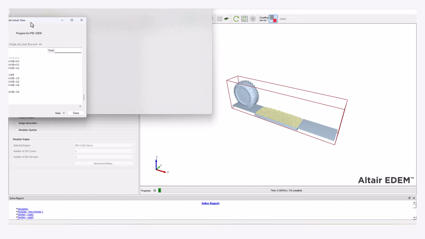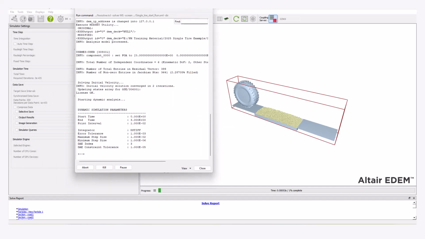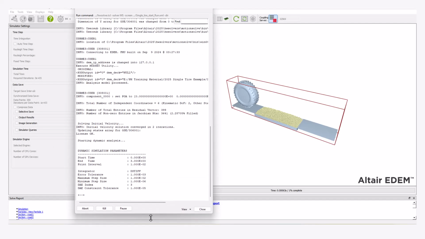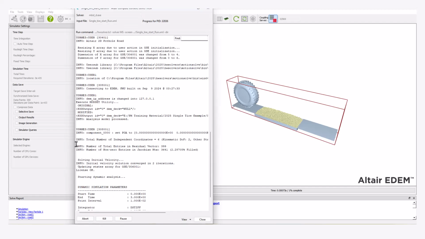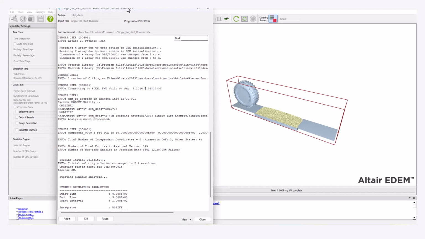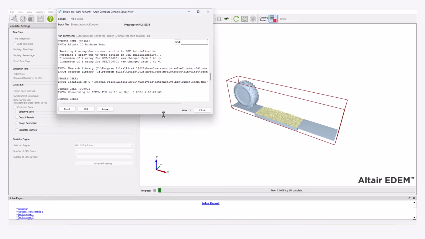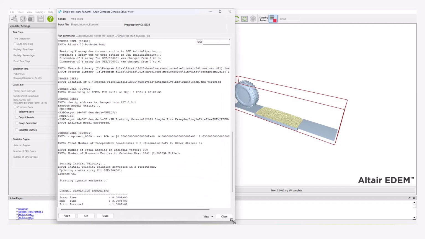Let me just bring the console of the coupling into view. Oops. And you can see here that after it had reached 1e-3, the simulation appeared to increase in speed. That's because during that inflation period where the pneumatic pressure is being resolved on the tire,